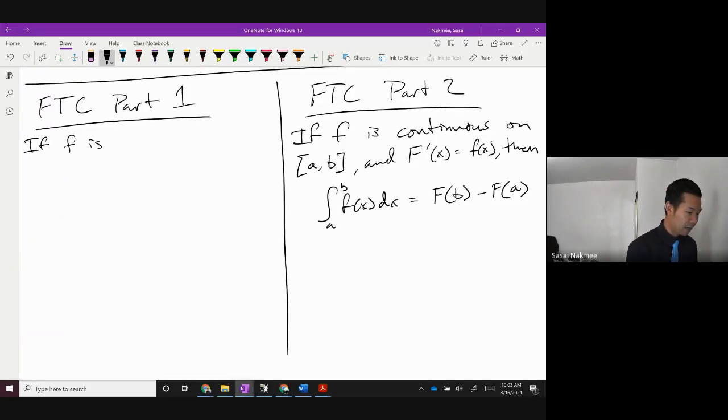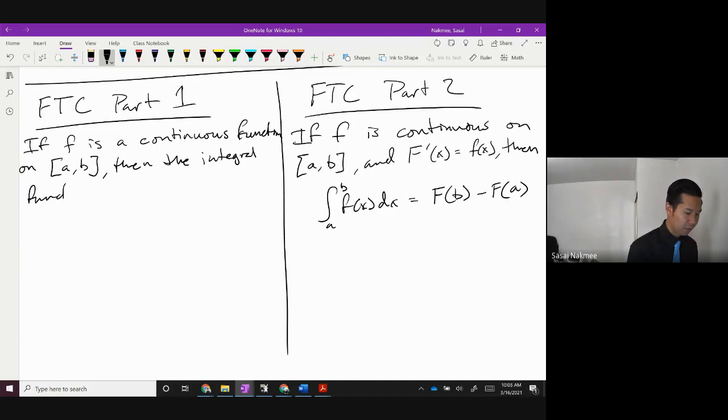If f is a continuous function on a to b, then the integral function capital F defined by,